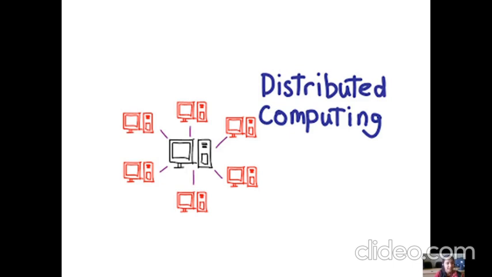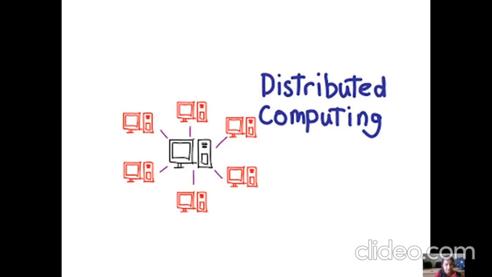Basically, distributed computing contains multiple nodes that are physically separate but linked together using the network. All nodes in the system communicate with each other and they handle the process as well. So you can see all the computers are only connected with the central computer through the network. They are not sharing any resources with the neighbor computers either.